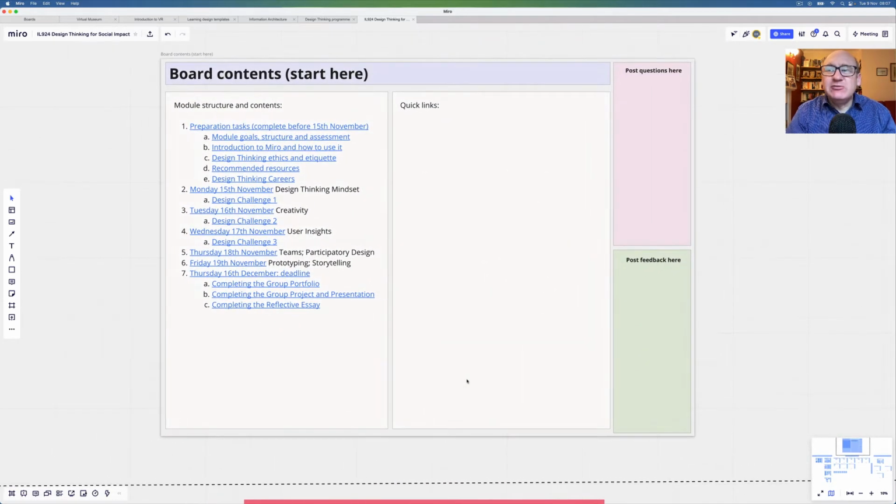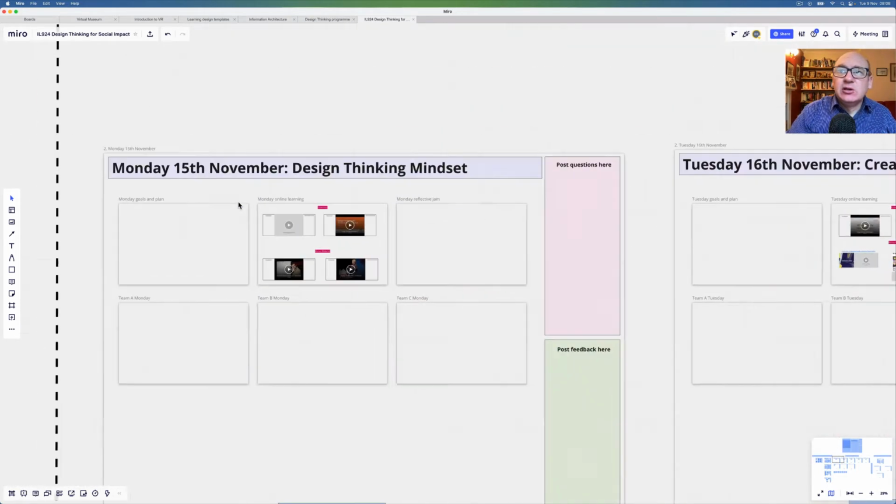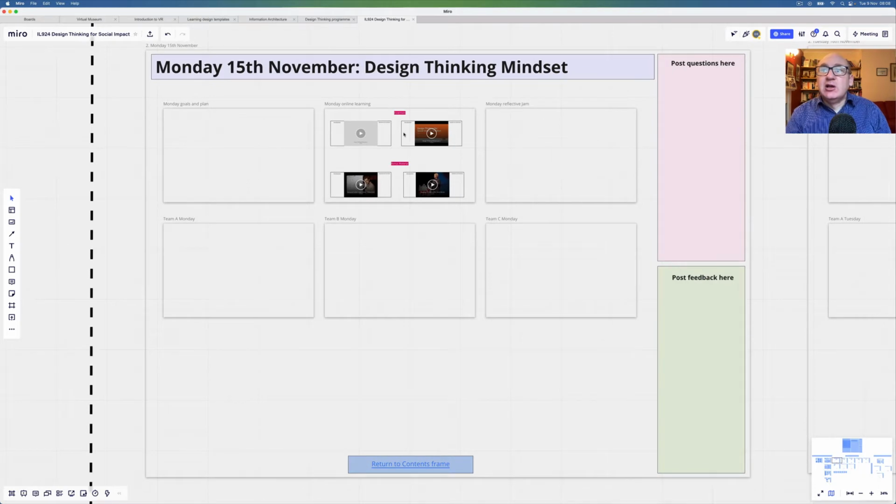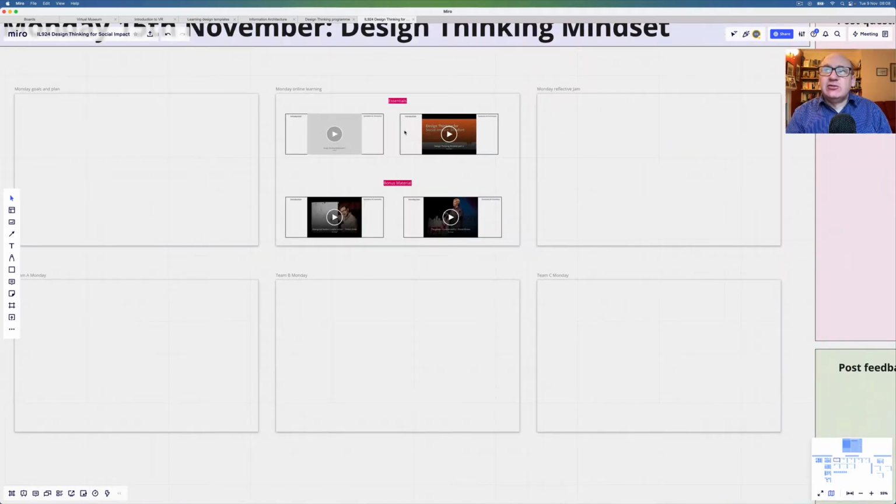Now, everything on the Miro board, we can create a direct link to it. So we can give you a link to, for example, Monday, 15th of November, and it will go straight to that part of the board. Let's do that now. And you can see it whizzes across there. And zooming even further, you'll see that